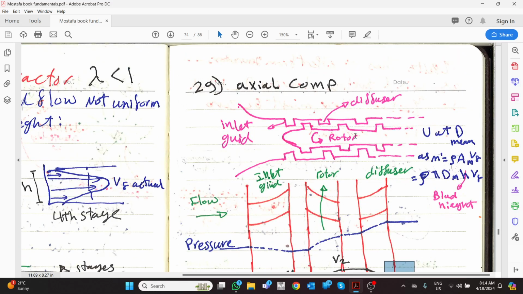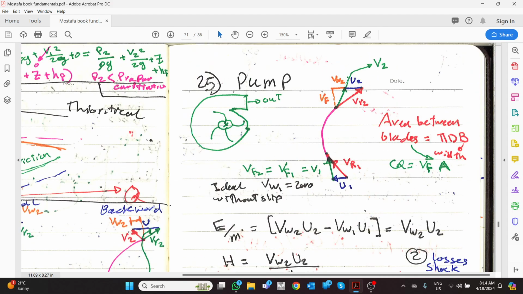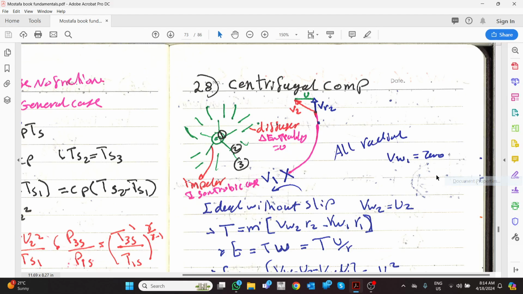Now we need to understand. We are going to study it at the mean diameter, which is the mean, not the tip, not the bottom, at the mean diameter. And we need to know the mass flow rate, as we discussed before. Here it is not a volume flow rate, it is V flow multiplied by the area, and the area is pi D B. Here the mass flow rate,